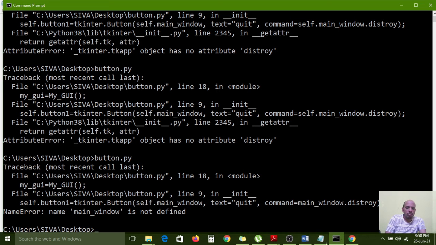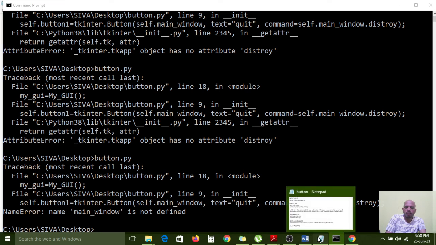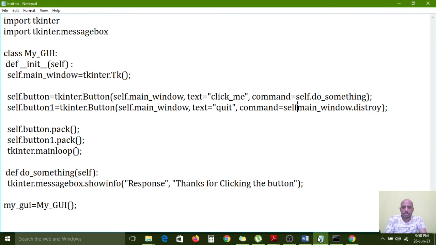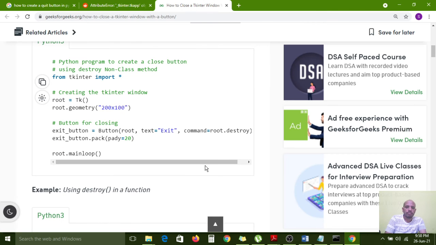No, without self it can't run. Self.main_window.destroy, exit_tag.